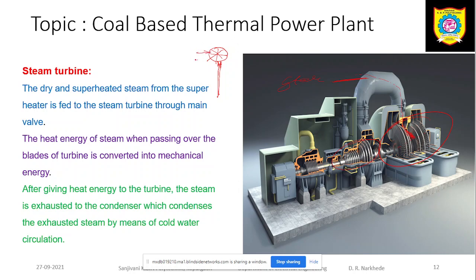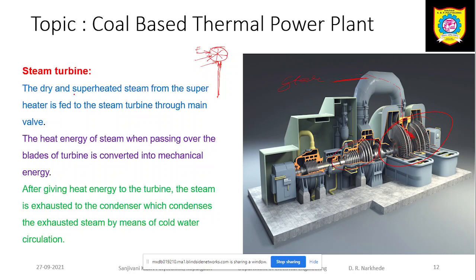When the air makes a tangential impact with this, it causes a force to act over here, and that force causes the movement. In the same manner this will work over here. The steam is released there, and the blades are arranged in such a fashion that they make an impact with it. A force is exerted, and that causes the blade to turn, and that continuous turning of the blade causes the rotation over here.